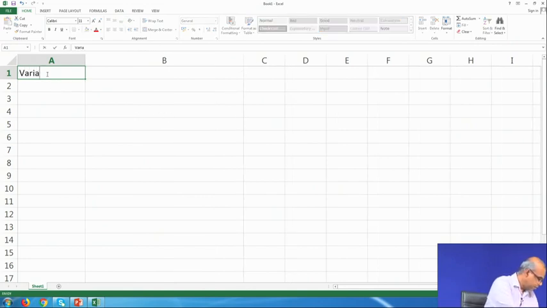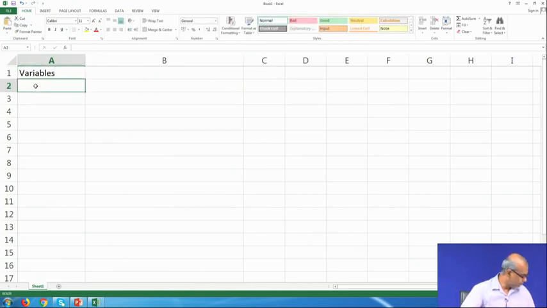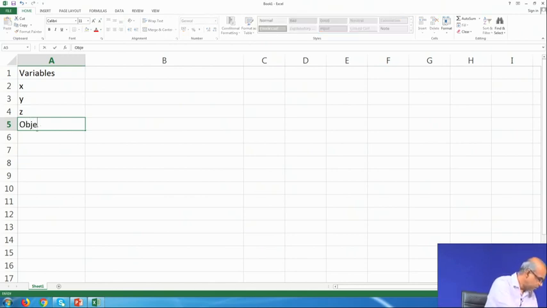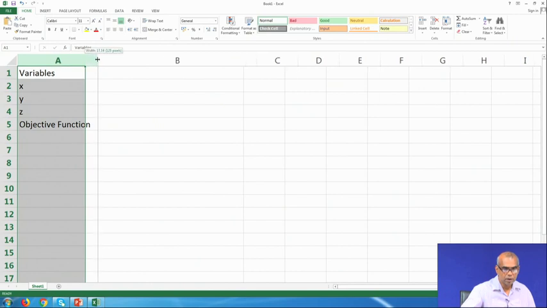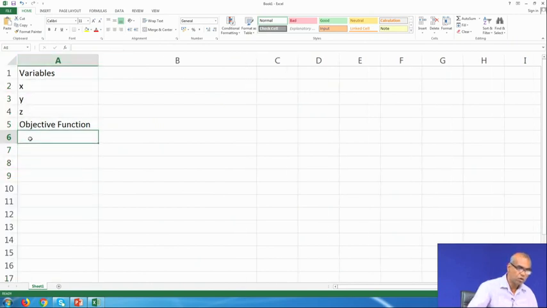I write variables, give the label, you can put x, y, z as 3 variables, and then you give the objective function. Let me expand it, and the objective function is minimize f, which is a function of x, y and z.